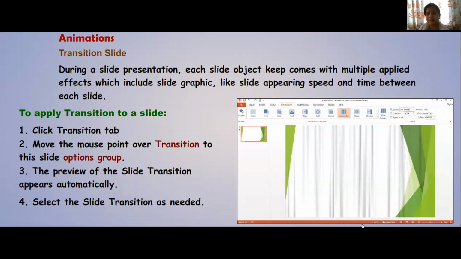Transitions are nothing but, as the word itself explains, the conversion or turning of one page to another. How do you want the pages to get turned? In the sense, how the slide should come on your screen. So let's just read it. During a slide presentation, each slide object